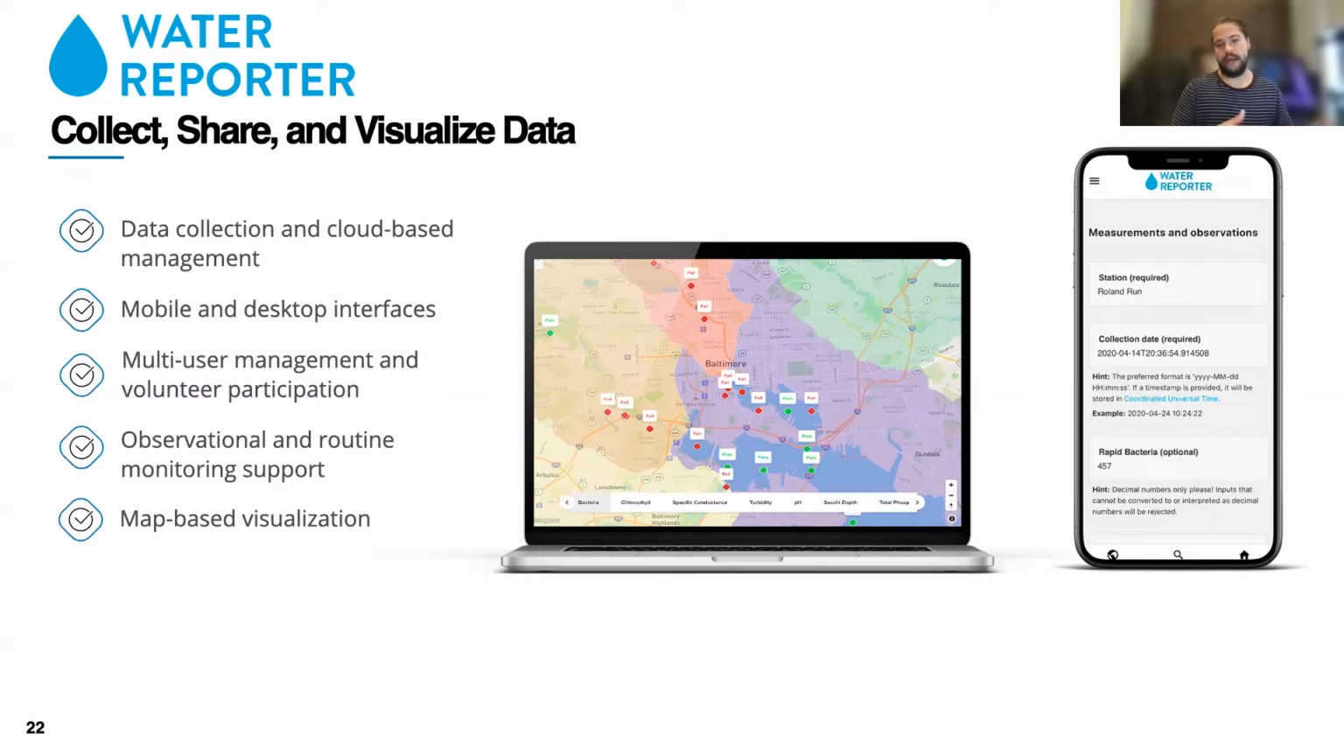And then you're able to turn around and have that data then colored properly. The charts basically have horizontal lines to indicate the thresholds. So it's really kind of a one-stop shop for watershed organizations to be able to collect, share, and visualize their